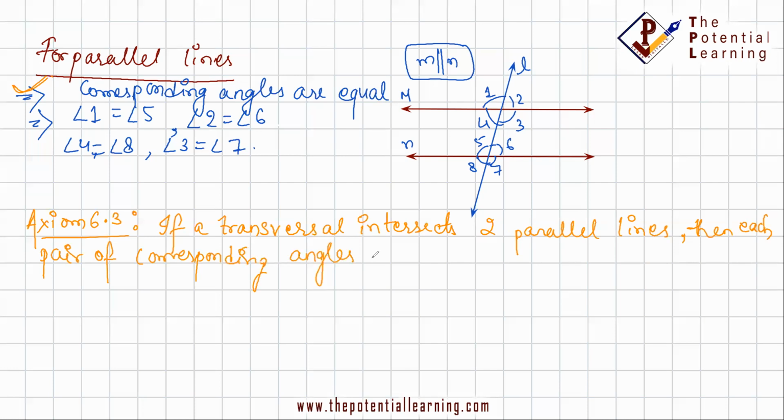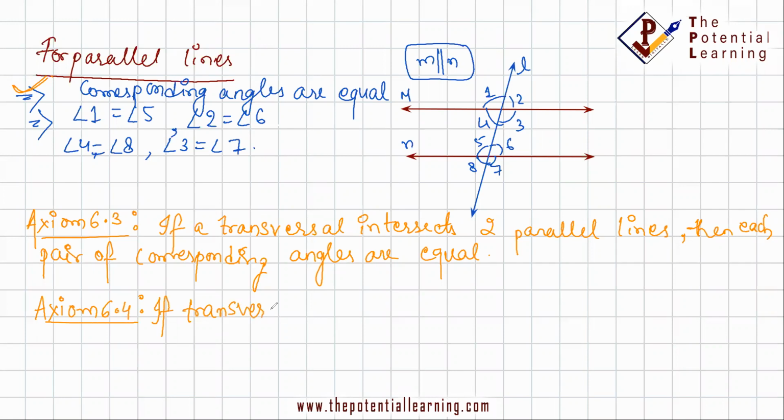are equal, right? So here we verified this same thing, and we wrote it in the form of an axiom. Okay, so now the next axiom would be just the converse of the previous one, right? So 6.4 axiom, we can write that